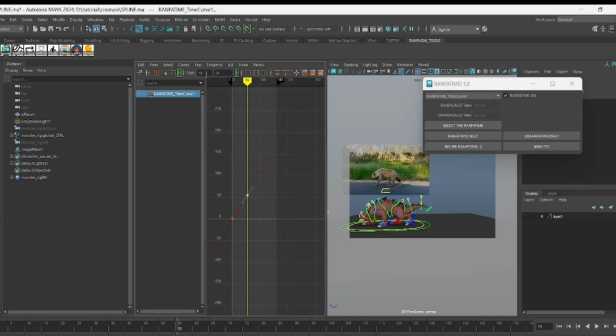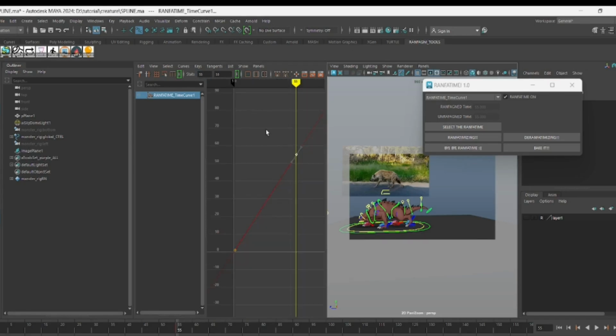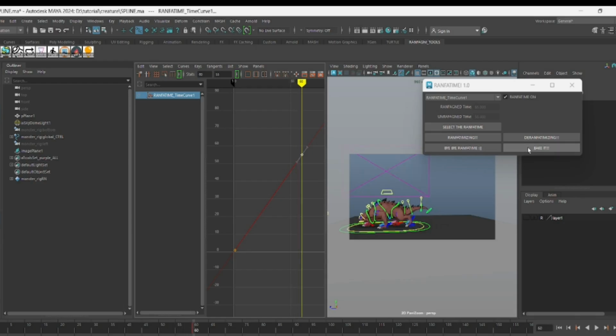Of course it's more flexible. One of the most common things I give when I supervise animation is to slow down by 12%, for example, or 15%, or 10%. 10% is about 5 frames, for example. So I can go here and say 60. I see if everything is fine. If everything is fine, I just bake, okay,